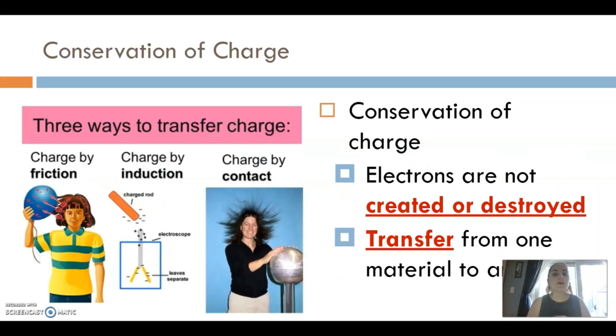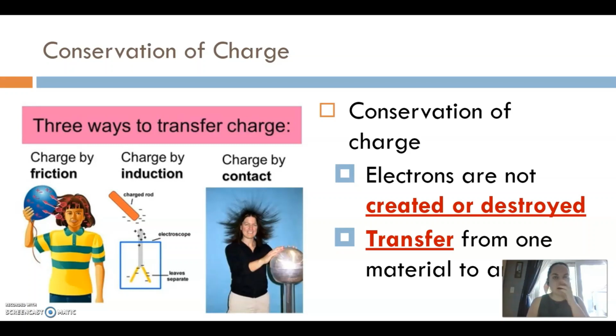When we're looking at this transfer of electrons, what we really want to focus on, like I said, is the material. We have insulators and we have conductors. Our conductors are really good at spreading this electric charge through the material because they allow freely flowing electrons. Our insulators just take in this charge, but they don't allow it to spread. They just keep it there.